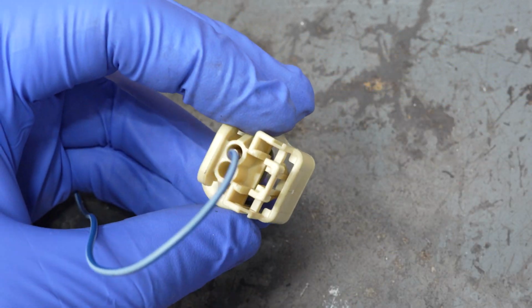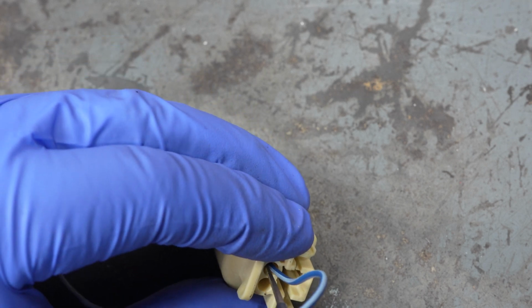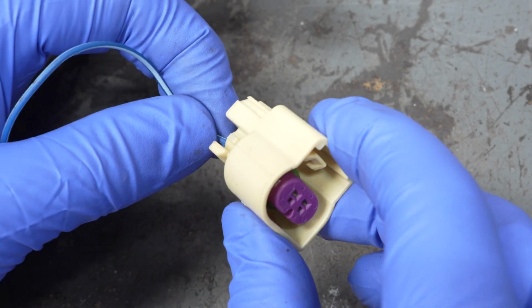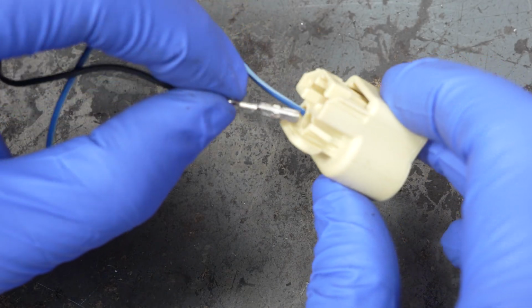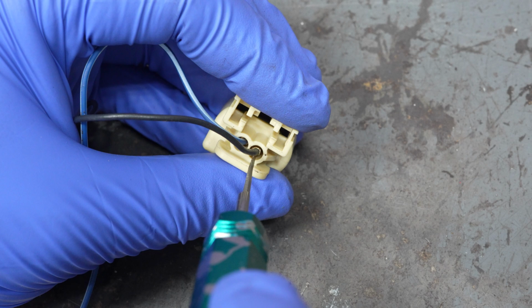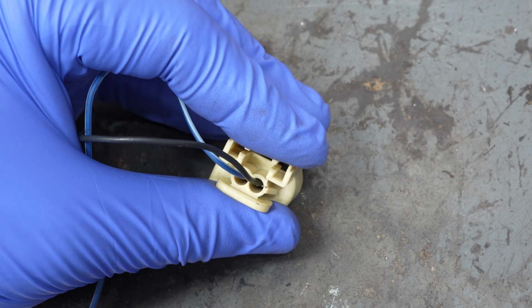And then you get to this step and you can't push anymore, so you need something long and thin to push it in just like that, and check it out. Now, this can't fall out. That is excellent. And then just do the same thing for the ground. Make sure it's in that groove, just like that. Push it from the back side. Oops, don't miss. Yeah,